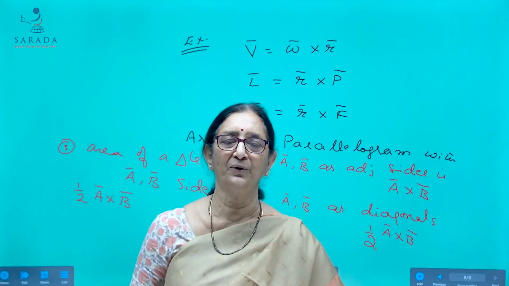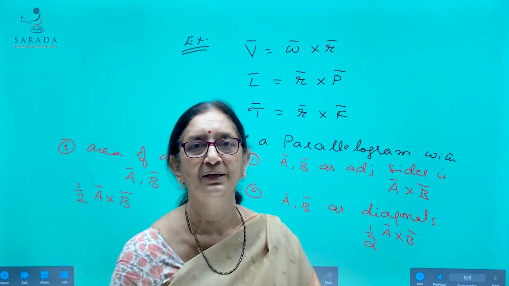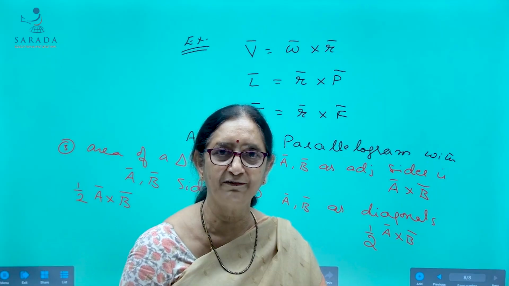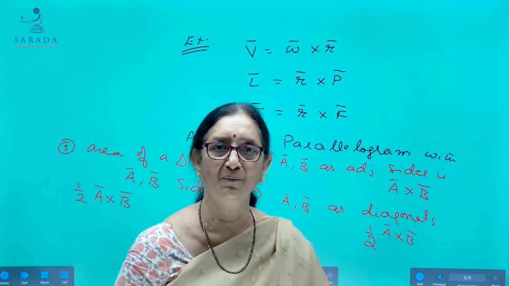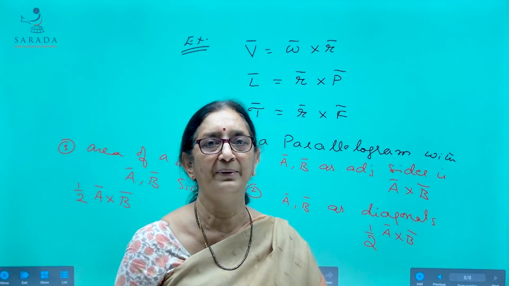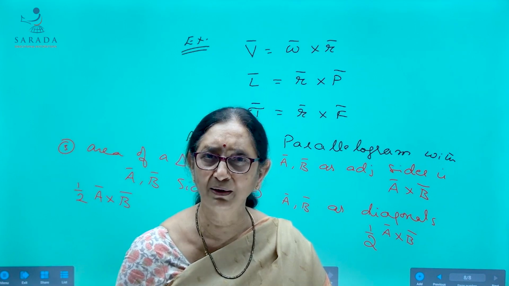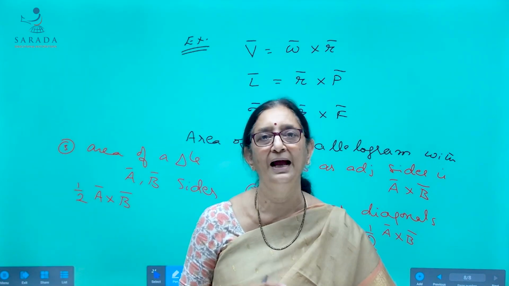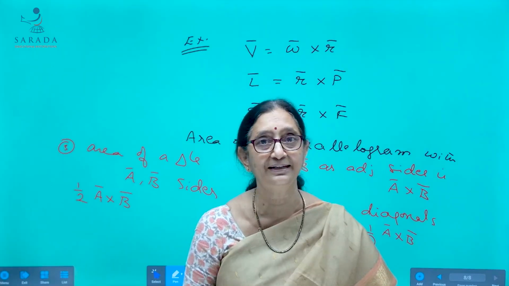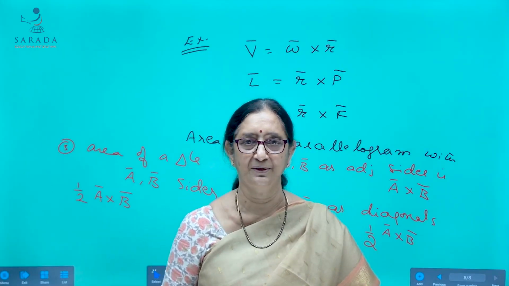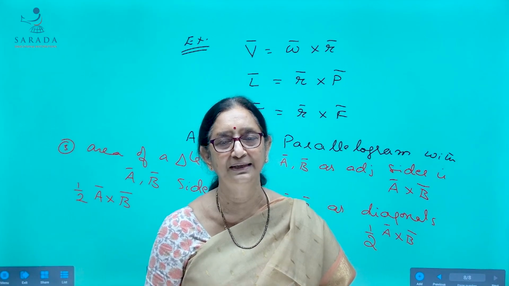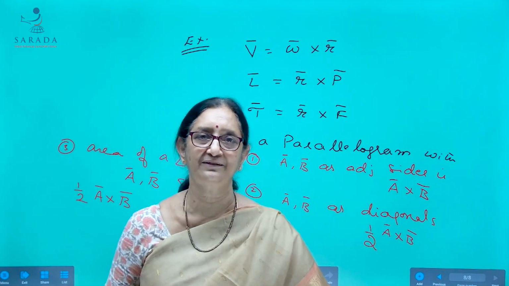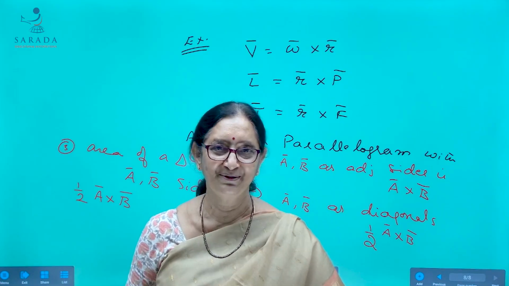So I told you about the formulas related to the cross product. Next we will be doing problems starting from easy level to moderate to difficult level, so that we can cover all the problems given in JEE Main and NEET. We will be doing around 100 problems from the vectors chapter. Another topic I need to cover is the tangent law. I will continue with tangent law and problems in tomorrow's class.